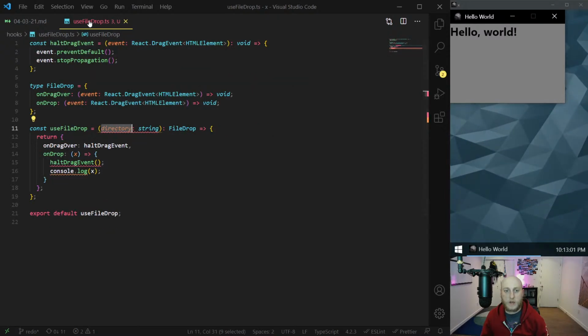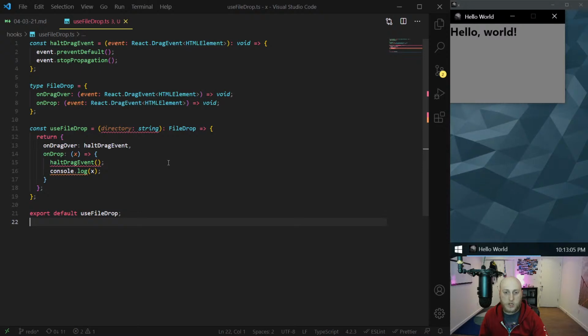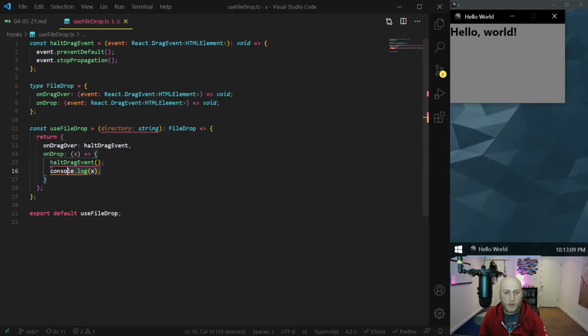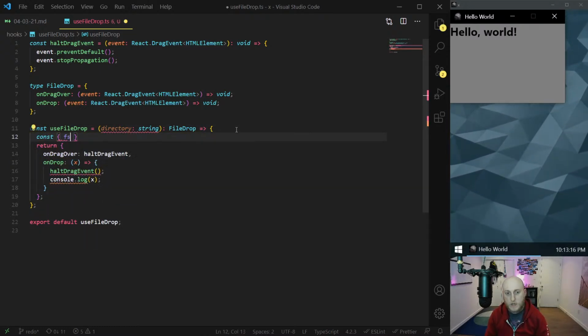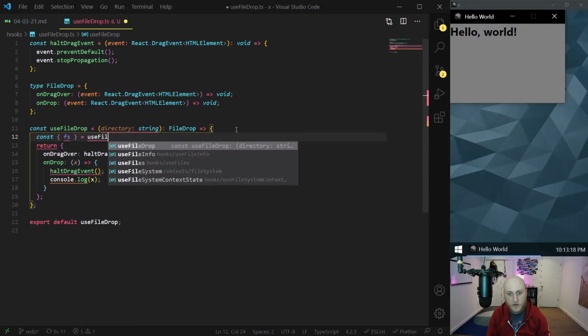That was simple for the file manager. Now we focus on the logic here. So we need to write, when the drop occurs, we need to get the file and write it to the file system. So we'll need access to the file system. So fs from use file system,